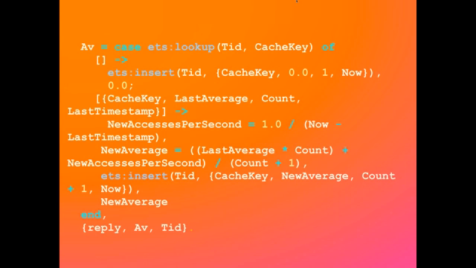So then we recalculate the accesses per second, and then we restore based on that cache key the value back in ETS. Now elsewhere, when we do that, we can say, are our accesses per second high enough that we should actually flip on cache mode, or should we leave it off? So in this case, you can